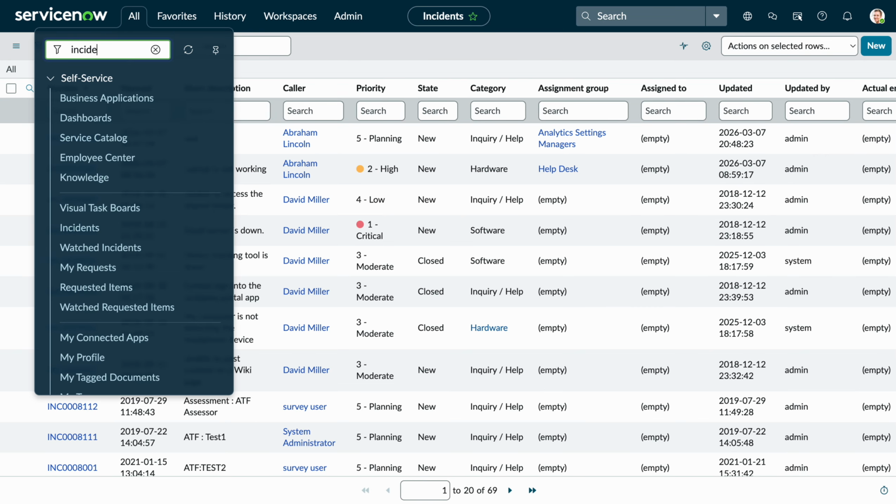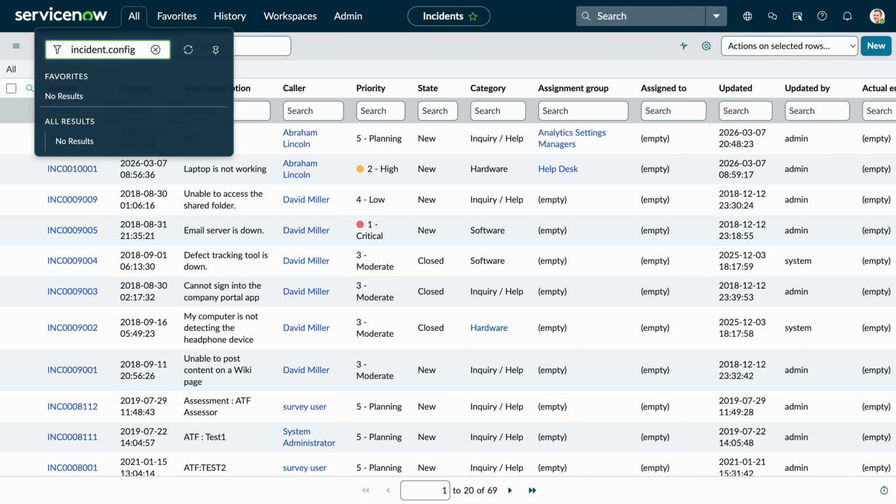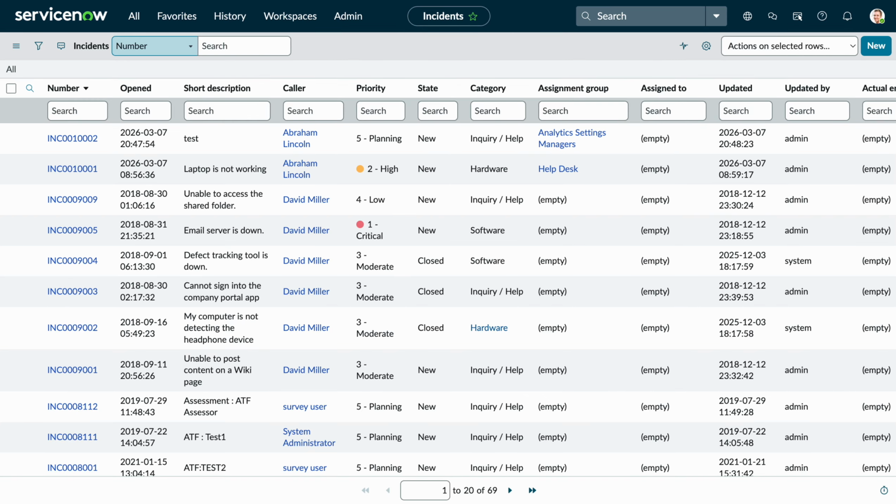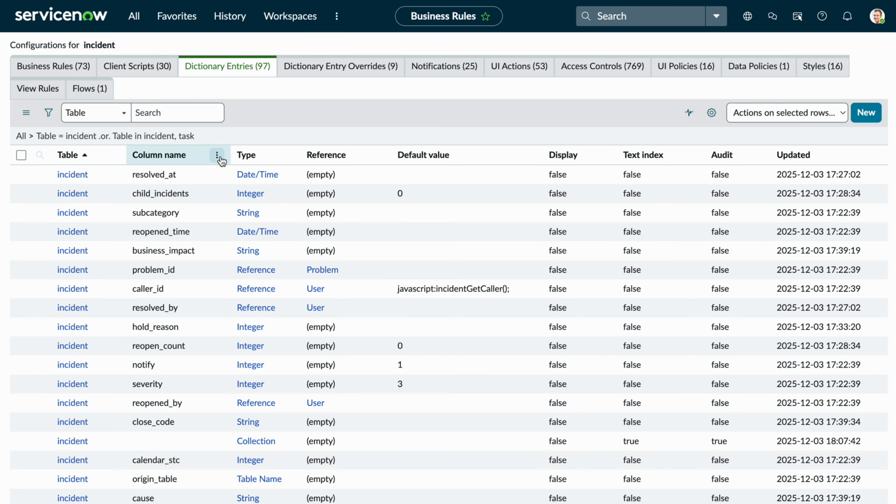If we type in incident.config, this will take me to that table view too. It is a little bit different of a view, and I do prefer going through one of the two other ways. It is a very shorthand way where you can see all the dictionary entries, but you do miss some of the fields